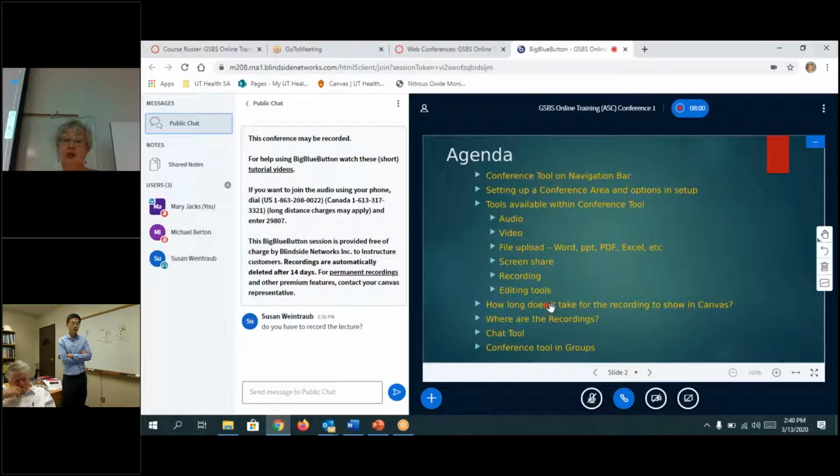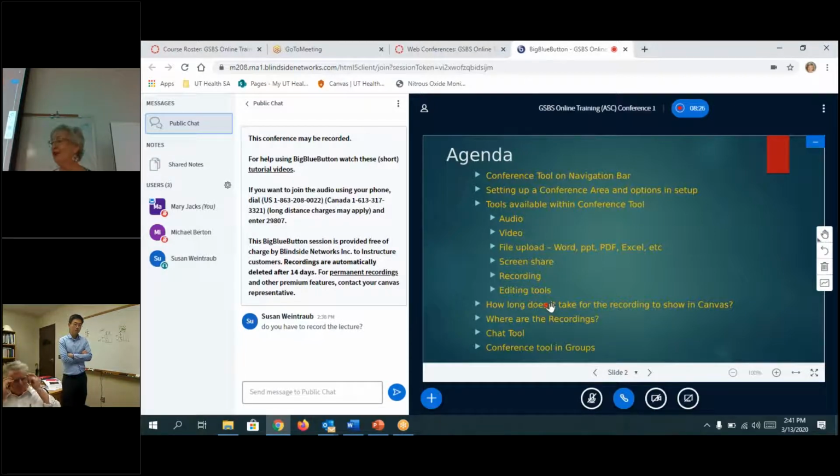Another bullet here is, how long does it take the recording to show up in Canvas? Once I log out of this, I'll show you where it stores your past sessions. It's on the same page where you created the conference. So you'll see immediately that it's closed and still there.